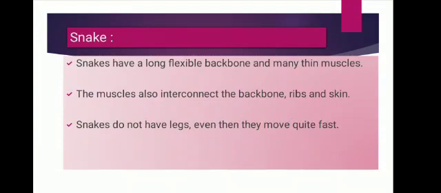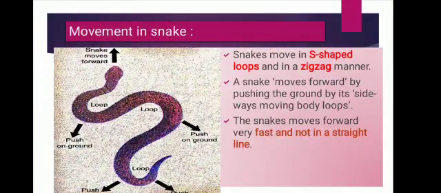Snakes use their whole long and flexible body to move from one place to another. We will describe the most common way of movement in snakes. See, a snake moves forward by moving its body sideways in the form of many loops and pushing against the ground and the underside of the moving loops. So basically we can say that a snake moves forward by moving sideways.